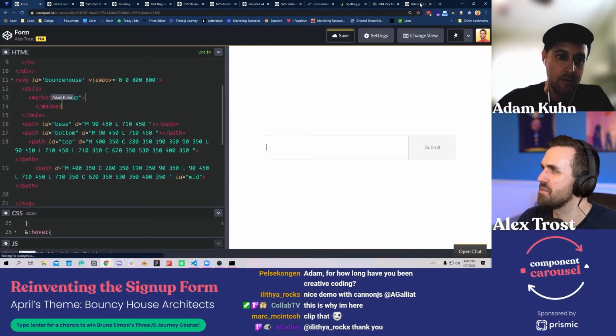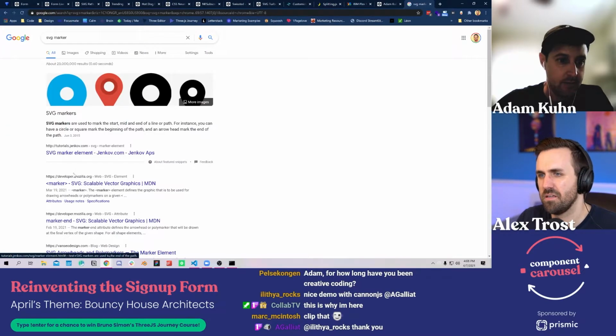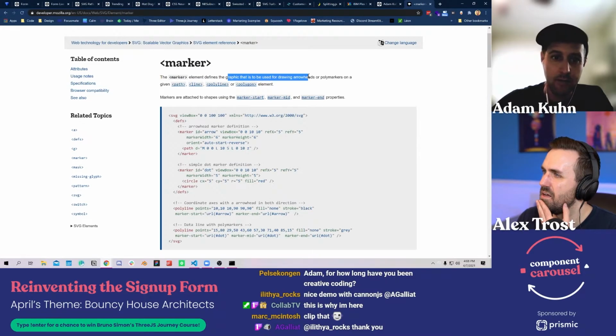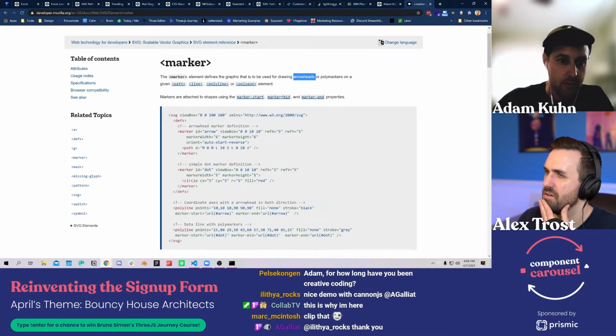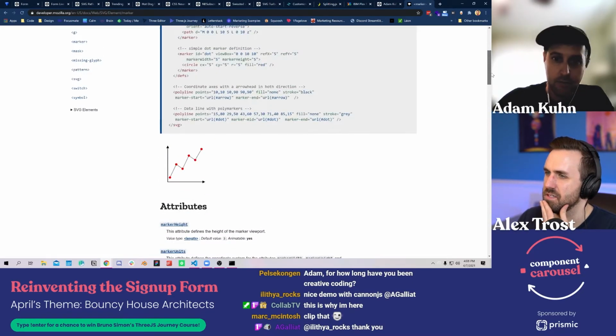I'm curious about this marker. Here, let's set some height. Okay. Got it. I'm just checking out the MDN on it. Okay, next we'll do that with an arrowhead in both directions.